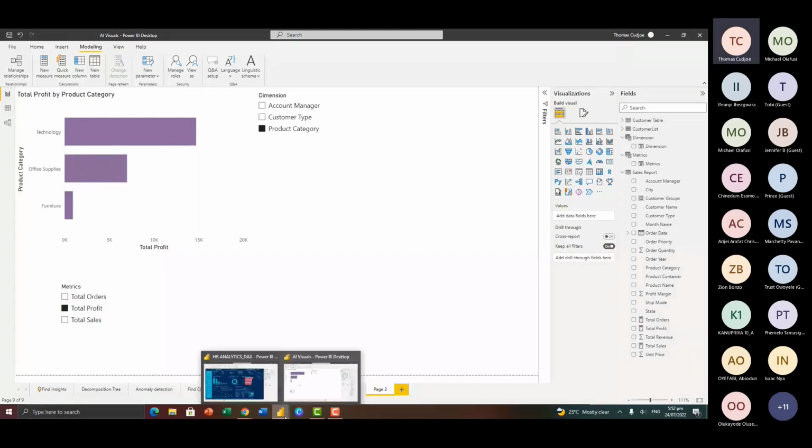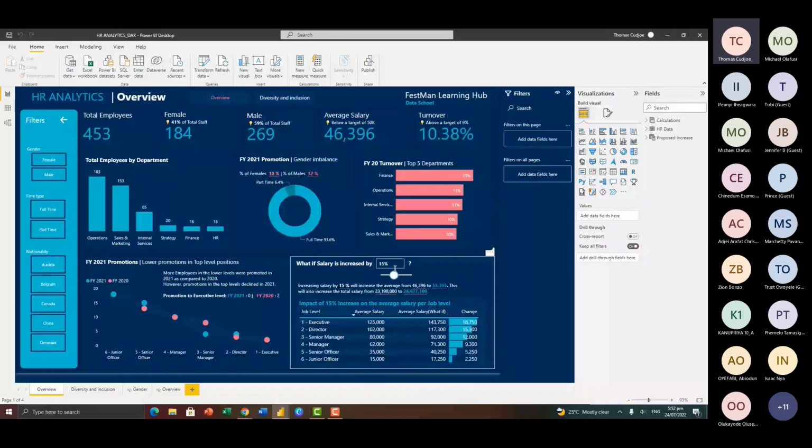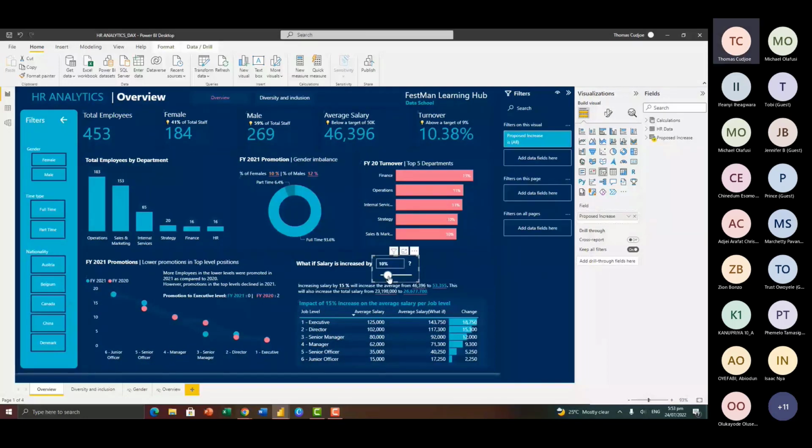So here I have this HR analytics dashboard. Now the company wants to increase salaries by a particular percentage. So for each of the percentages, they have given a range with the increment that they want to implement. So they want to look at the impact of this proposed increment across different percentages. So if they decide to increase salary by 10%, what will be the impact? They want to increase it by 15 or 25, what will be the impact of this? And you see everything from here.